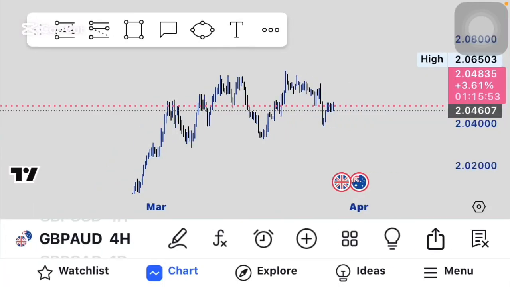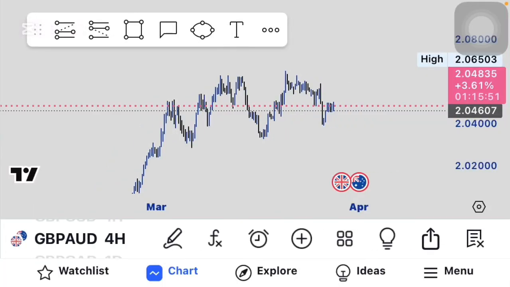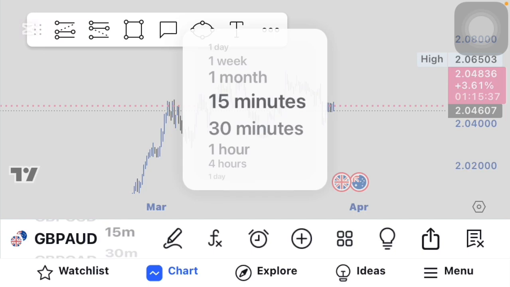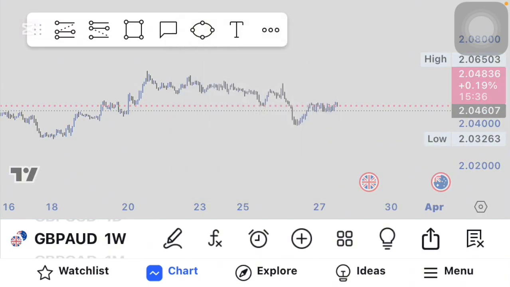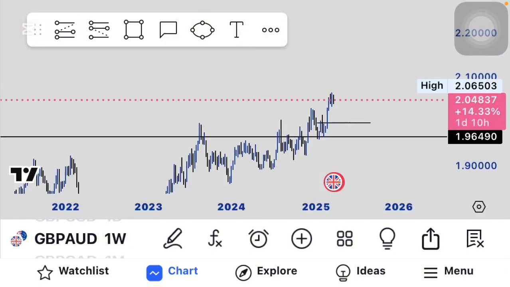Here is GBPAUD, and I'm here to show you my analysis on the GBPAUD. So today is Thursday, so let's see what we have on the GBPAUD. I will start from the weekly time frame. Starting from the weekly time frame on the AUD,